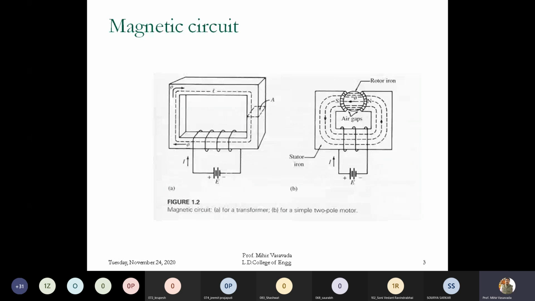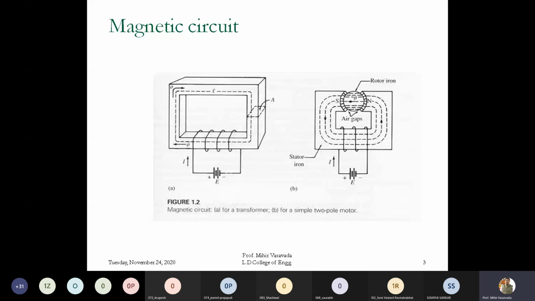So it consists of a stator. This part is your stator, and in between you have a rotor which is rotating in the air gap. So all this is an example of a magnetic circuit. Magnetic circuit is very important whenever, as we have seen in the last lecture, we are using electrical machines to convert electrical energy to mechanical energy or mechanical energy to electrical energy, in between there is a magnetic circuit